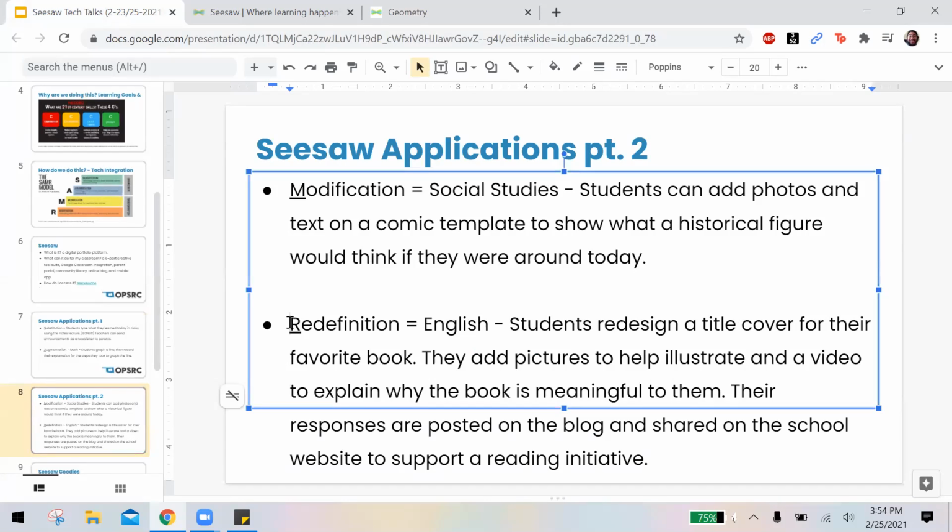And then finally, a redefinition activity. I think this is a good place. An example that I have here is for an English class. So you maybe have students redesign a title cover for their favorite book. So they can use pictures to help illustrate. They can do a video explanation on why their book is meaningful to them. And once they've put together that project, they can share their responses out on the classroom blog. And with the blogs for the classroom, you get to control what is going to be sent out there. That way you can make sure that it's still private for the students and nothing is shared that shouldn't be